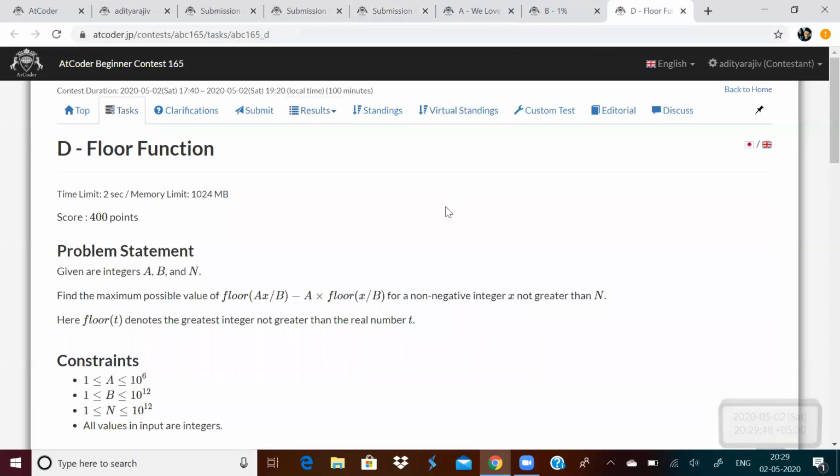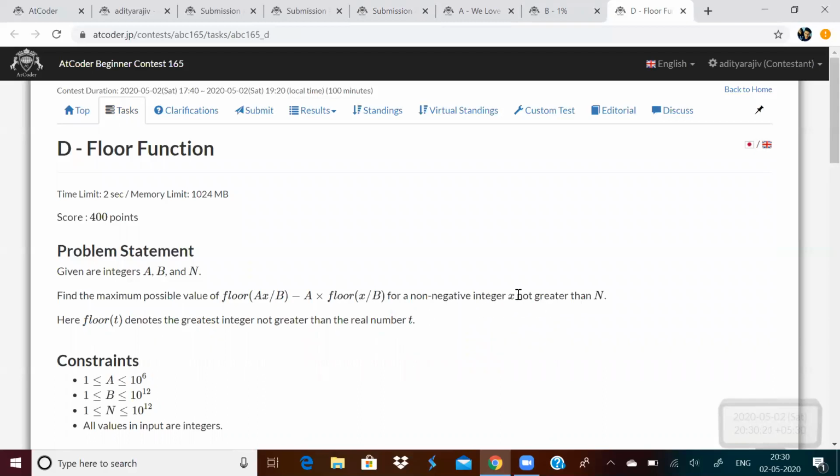Now if you want to see problem D, it says we have to maximize some value. Floor of ax by b minus a into floor of x by b. If you just see this expression, if you make this floor of x by b 0, then you will get maximum, right? Whenever floor of x by b is 0, you will get maximum. And before that, what was the constraint?